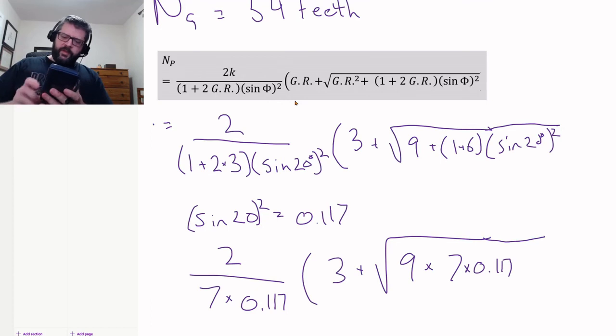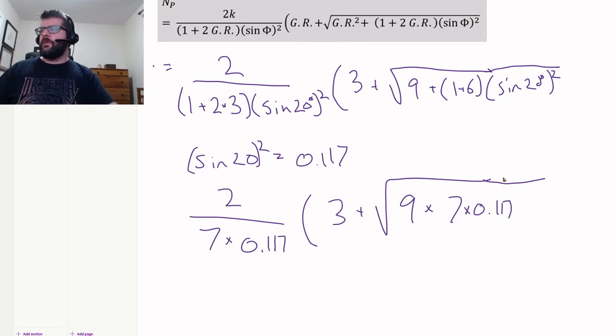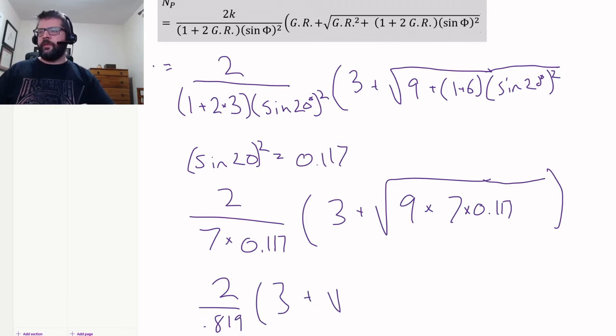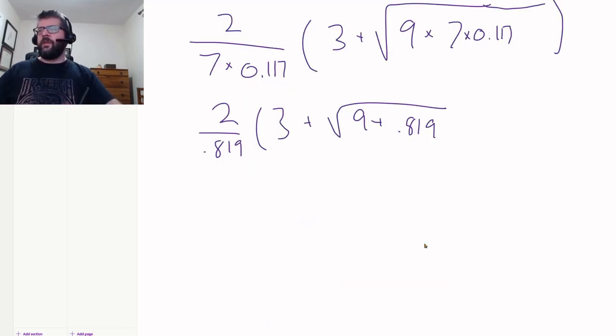0.117 times 7 is 0.819. So 2 over 0.819 times 3 plus the square root of 9 plus 0.819. So 0.819 plus 9. Take the square root of that. That gives us